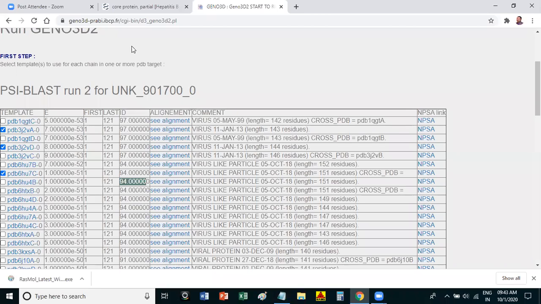That is why we are selecting all those sequences. These sequences have some similarity with the sequences present in the Protein Data Bank.